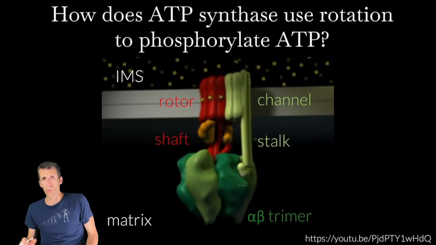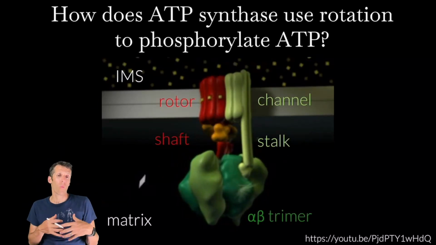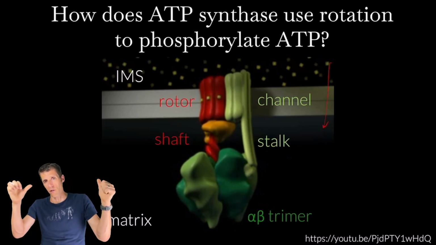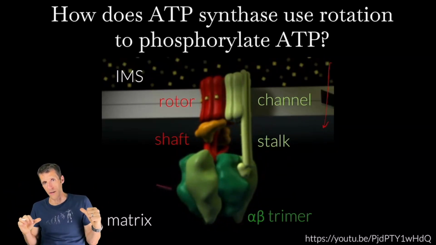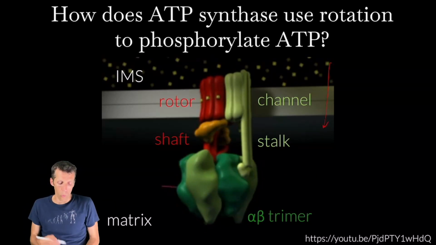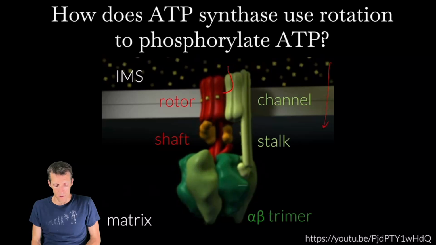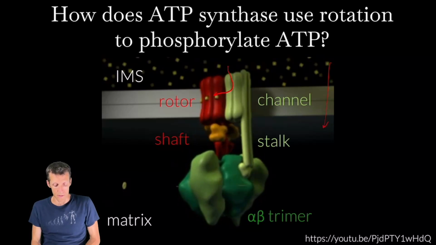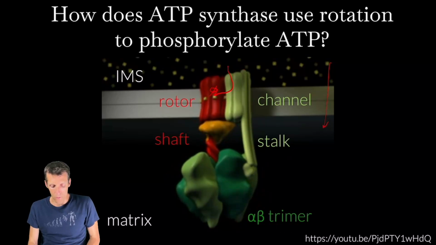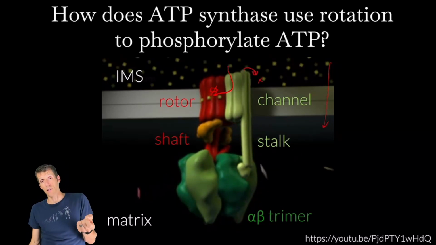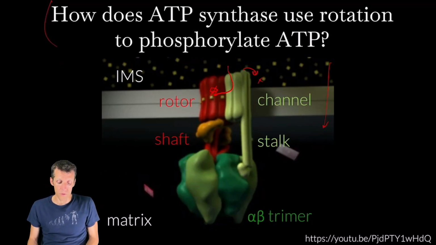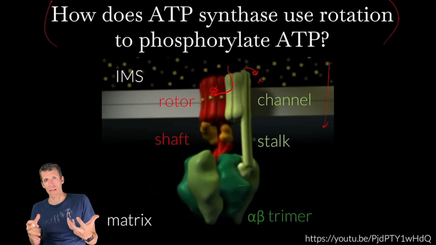Okay. So we've gotten to the point now where hopefully you understand why protons are wanting to move this direction. It's because they have an excess concentration. Concentration gradient makes them want to flow from the IMS to the matrix. And hopefully you have got a better understanding now of why you get rotation, that protons flow in this direction in the neutral form because the negative and the positive interact. And then it can't go backwards because that would now be taking a negatively charged thing and putting it back into the bilayer. Last big question is how in the world can you use rotation like this to actually do